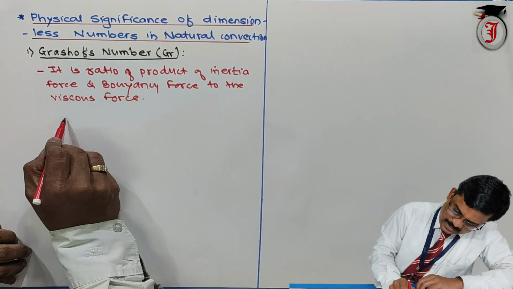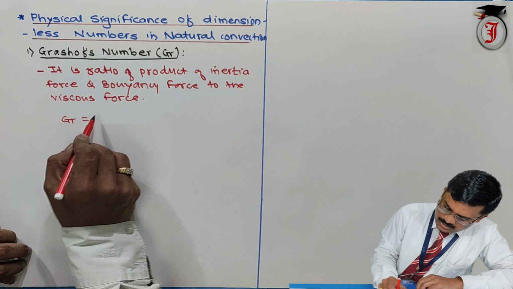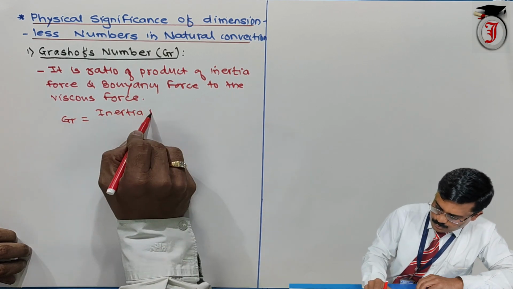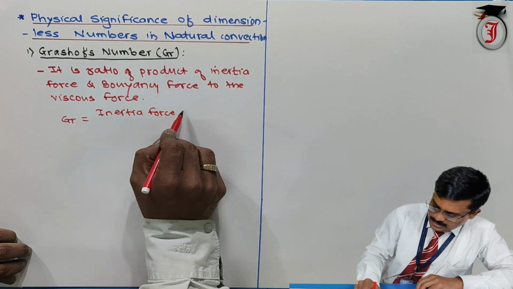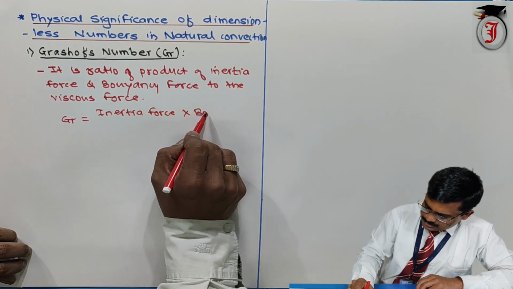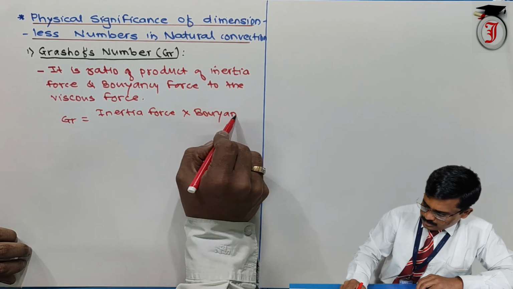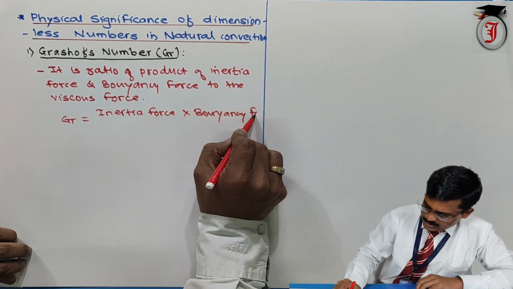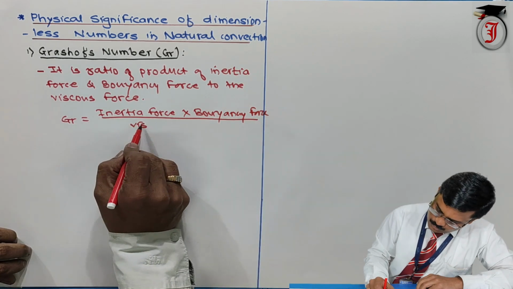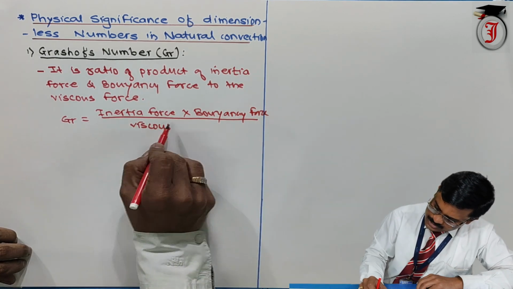So Grashof number GR is nothing but inertia force into buoyancy force upon viscous force, square of the viscous